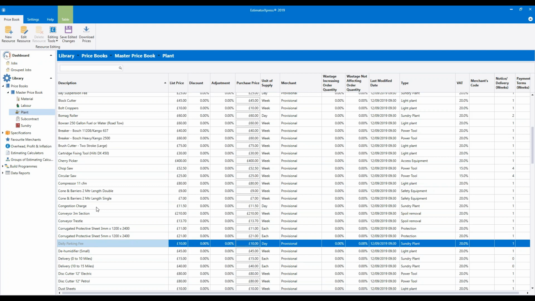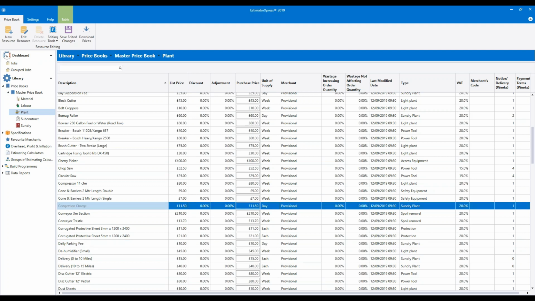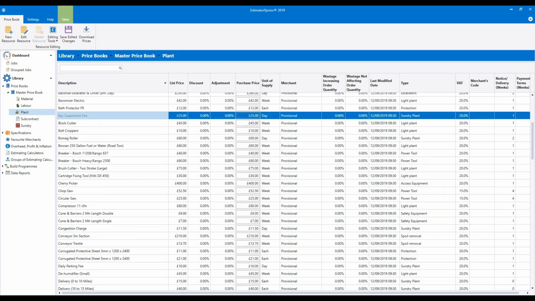There's also a few lines up a congestion charge for if you're working in London. And a little way up the screen again, we've got the bay suspension fee. So again, if you're working in a city, that might be very relevant to you. So make sure they're correct. Parking costs can obviously really add up. So make sure you get those costs right so that you're not ending up losing a really large percentage of your final net profit.